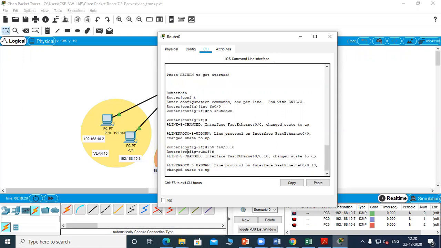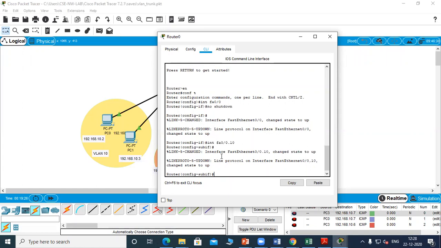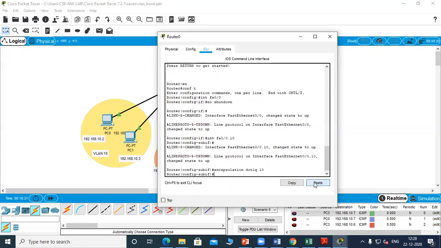So you can see that the command line has changed to config-subif. So that means it is the config sub interface. Now the command to create sub interfaces: encapsulation dot1q 10.